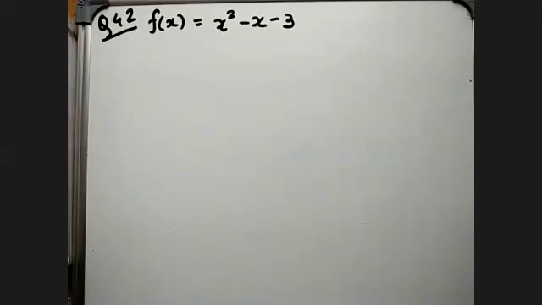Now to find the range of this type of functions, just follow one thing: convert them into a whole square term. Because if you convert them into a whole square term, it will be easier for you to analyze it. Now see here. If I observe my first term carefully, it is a perfect square, isn't it? But is my last term a perfect square?